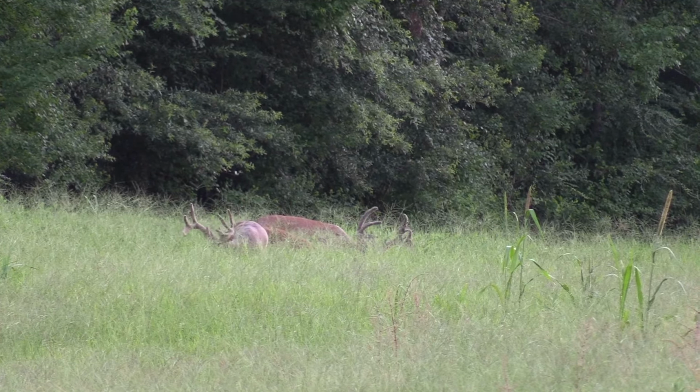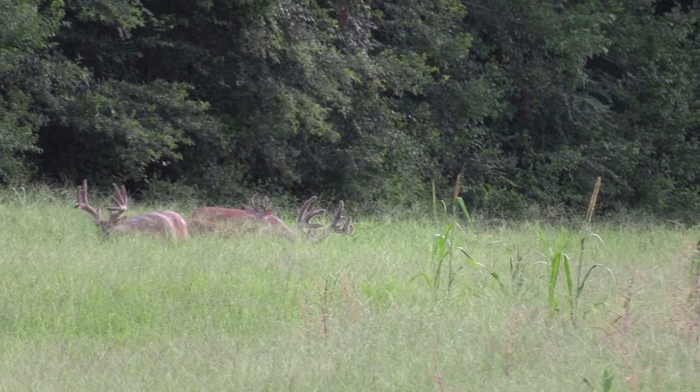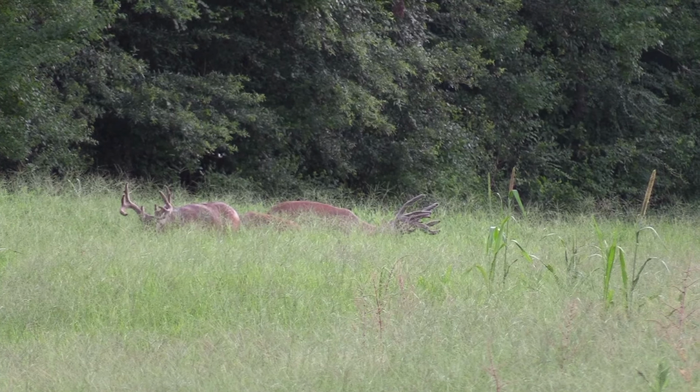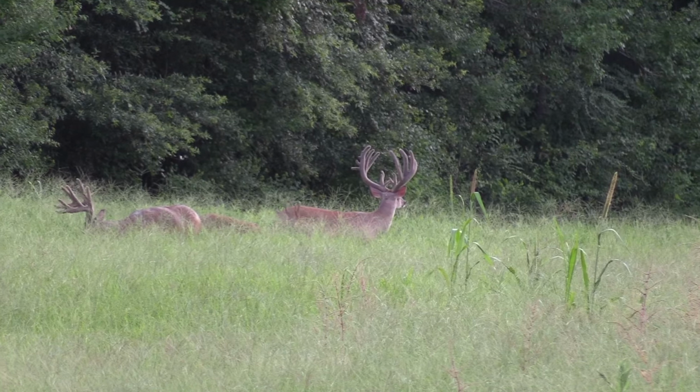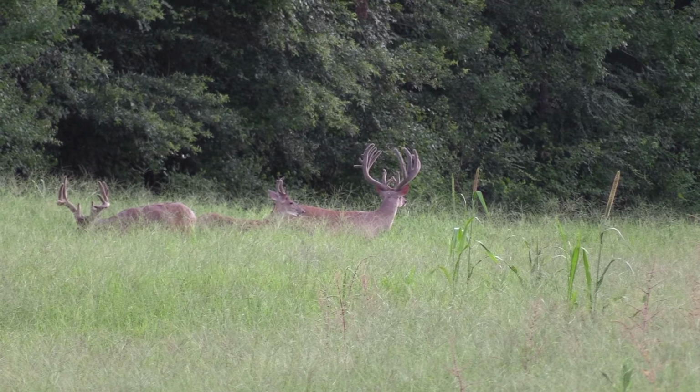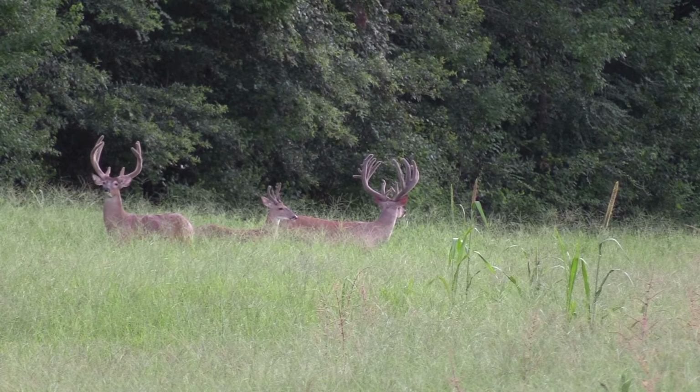How about this for a handsome 6-year-old? Very impressive mainframe 9-point. Of course, he's got a few extra brow tines, and I think he has 5 kickers on that 1G2. You know, you get up in the afternoon and put full camo on, sneak out, get in